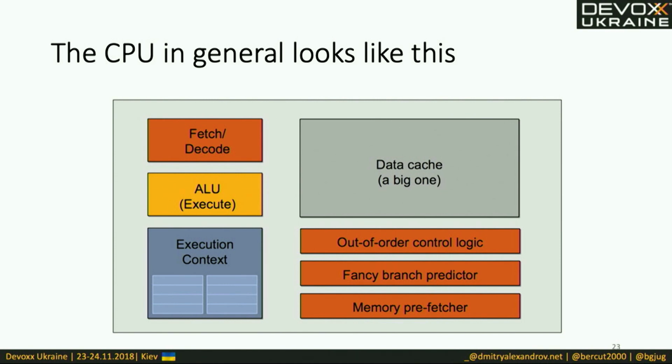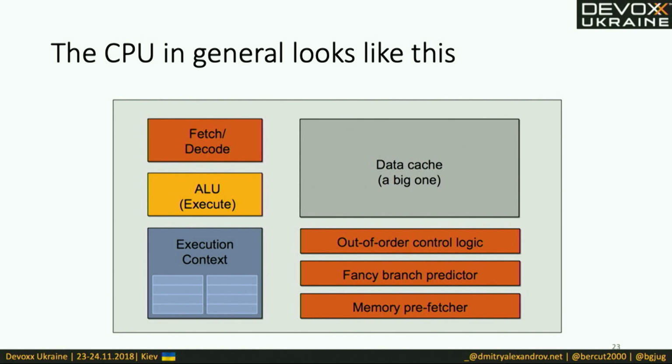So the processor, the CPU, schematically looks like this. To make some calculations, you most of the time have to fetch and decode the data and the instruction, and move them to the arithmetic and logic unit. Well, you actually execute these calculations. For that, you have the contexts, for example, all the registers are there, everything supporting your calculations. But then you have a lot of other units which are quite fancy.